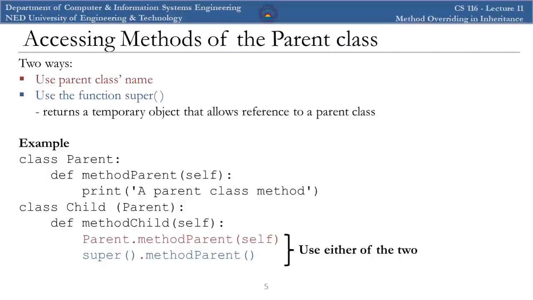Now I want you to notice one thing here. If you are accessing method parent using the first method, then you have to include that essential parameter self there, right? But if you are accessing the same method using the super function, then you do not have to mention this self over there. And the reason for this difference is that this function super returns an object, a temporary object for class